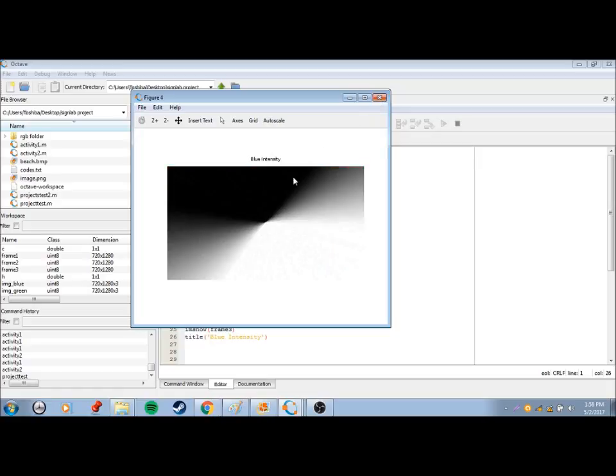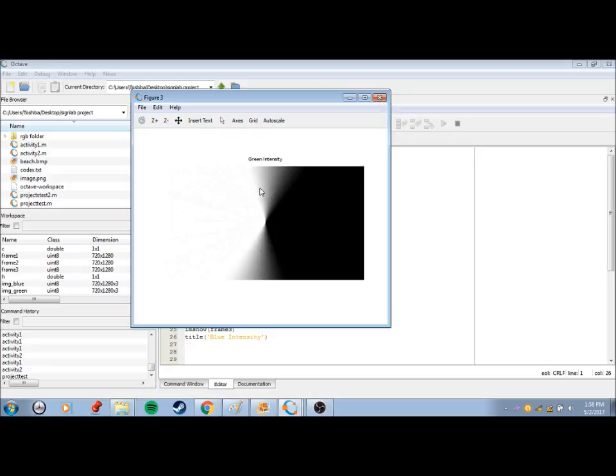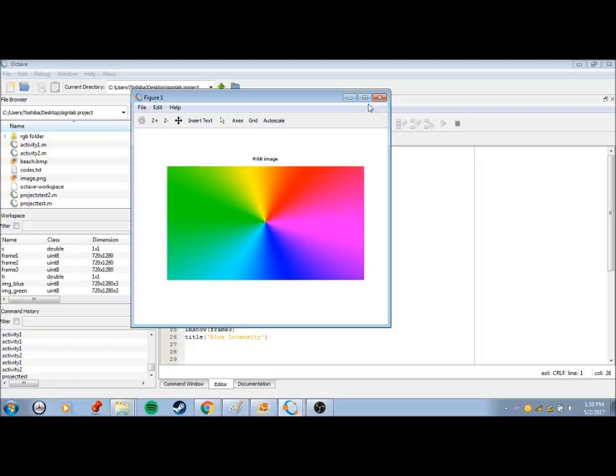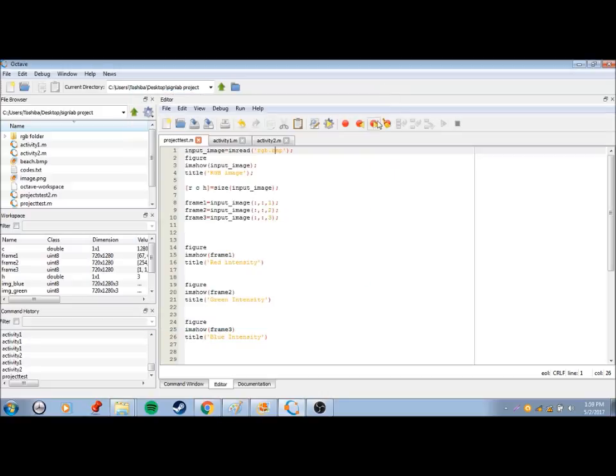And then this is the intensity of the blue. You can see the blue is lighted up more here, showing how intense the blue color was. And this is how intense the green color was, and this is how intense the red color was. Finally, your original image. The last three images are what it took to produce this image. Those three were the building blocks to create this RGB image as we see. That sums up our full presentation.